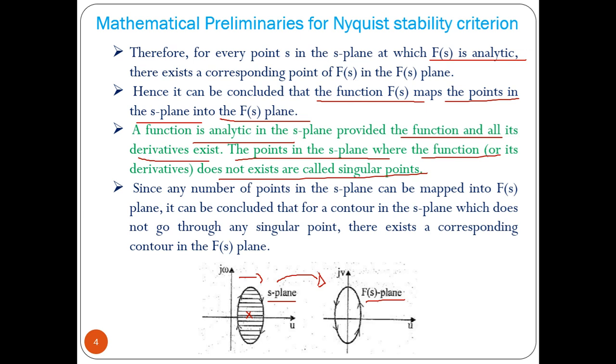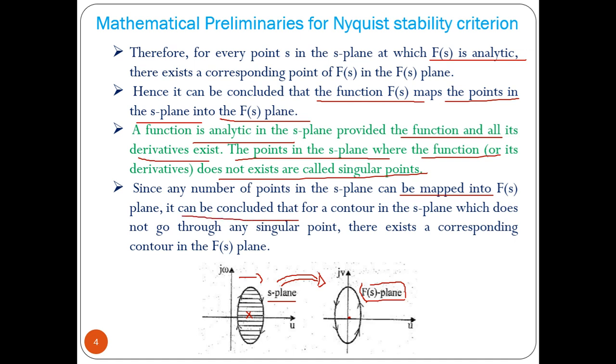Okay, then if you can map that into the F(s) plane, what we can observe is that the origin should be encircled in anti-clockwise direction one time if we have one pole. That proof I will show you after some time. Now, since any number of points in the S plane can be mapped into the F(s) plane, it can be concluded that